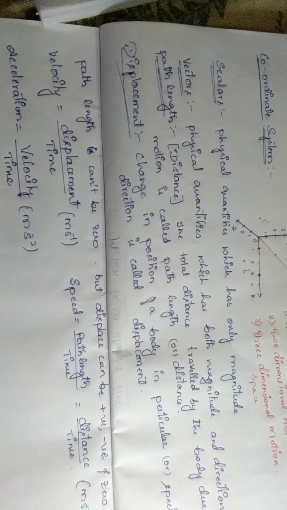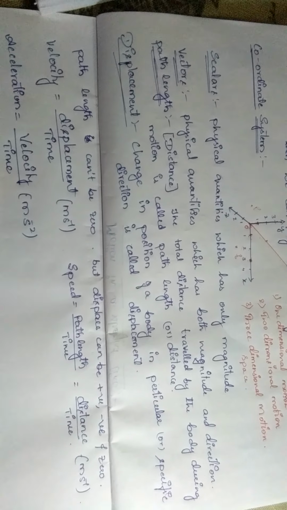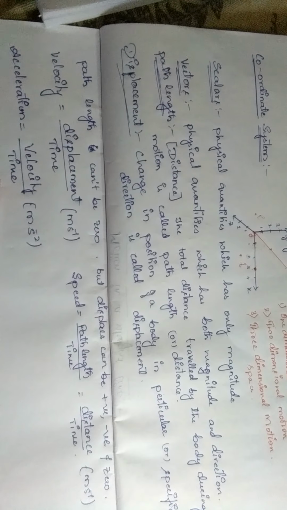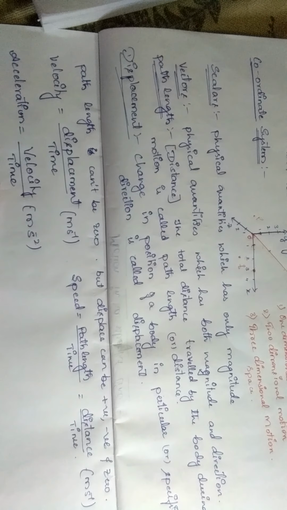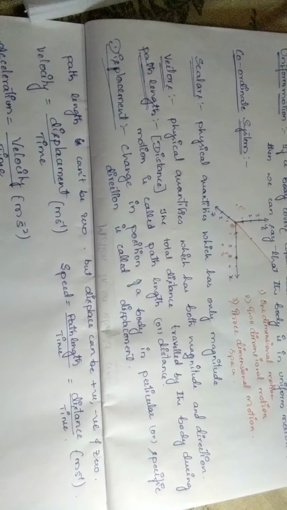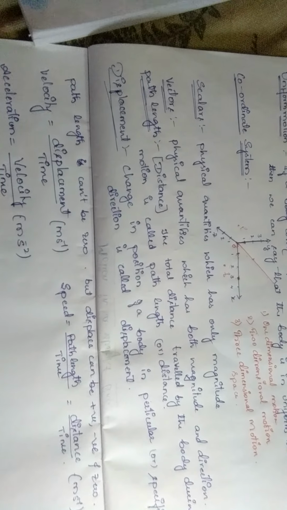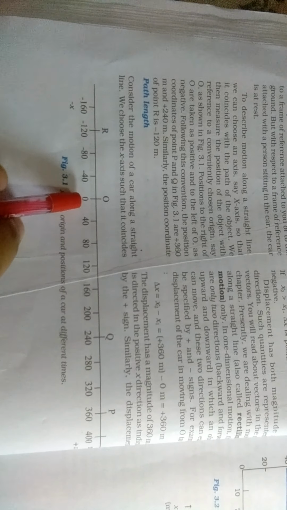Next, path length. Path length means what? Nothing but a distance. The total distance traveled by a body during motion is called path length or distance. Displacement means change in position of a body in a particular or specific direction is called displacement. For example, for path length, if an object is moving along a curve from the point Q up to the point